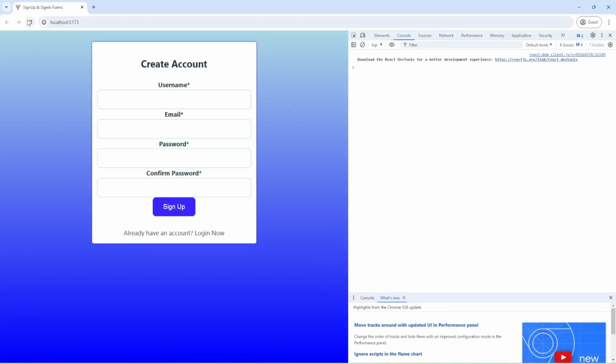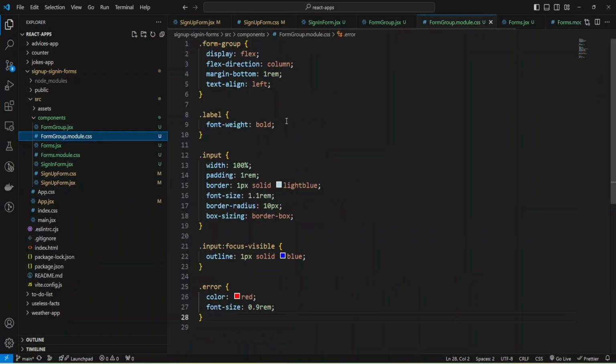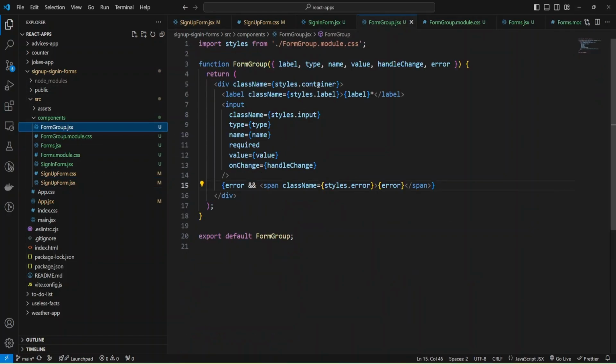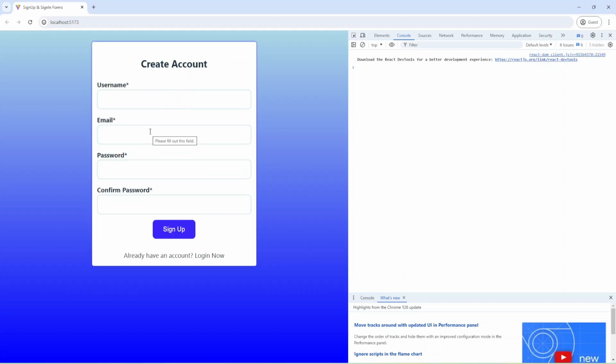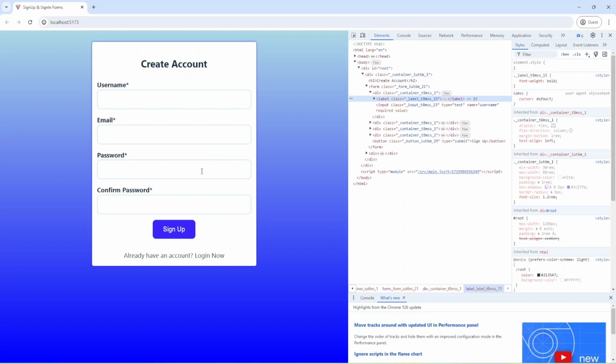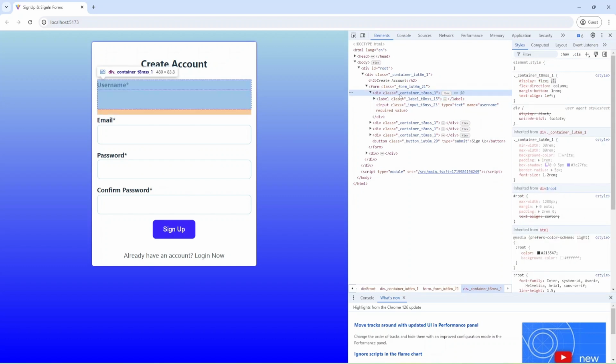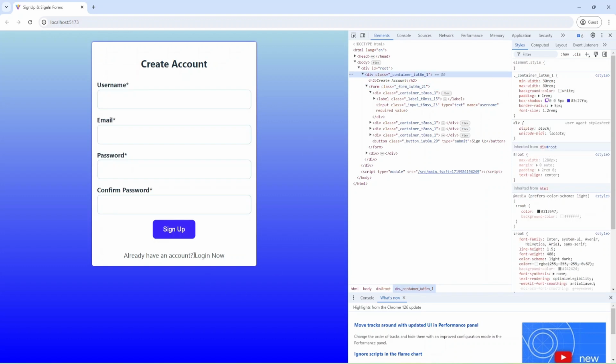Okay, we have our styles, but we don't have styles for our form group, and let's check what we have. And we provided styles as container, and we can change it to container and refresh. And now we have styles for our form group, and let me show how we can see. And as you can see, we have a container, and some unique names were added to our container, to our form. And now let me add styles for this login now.